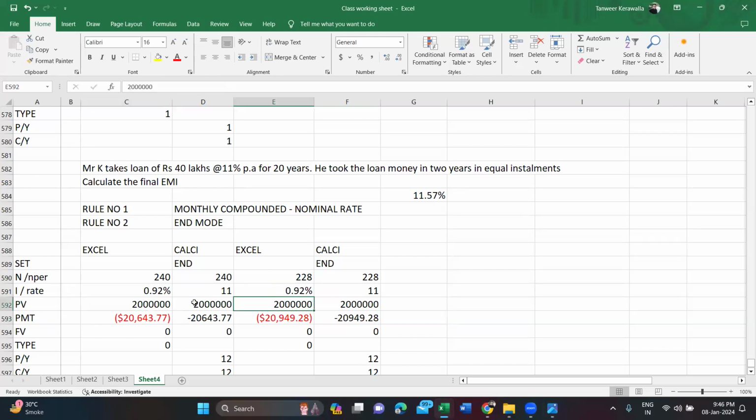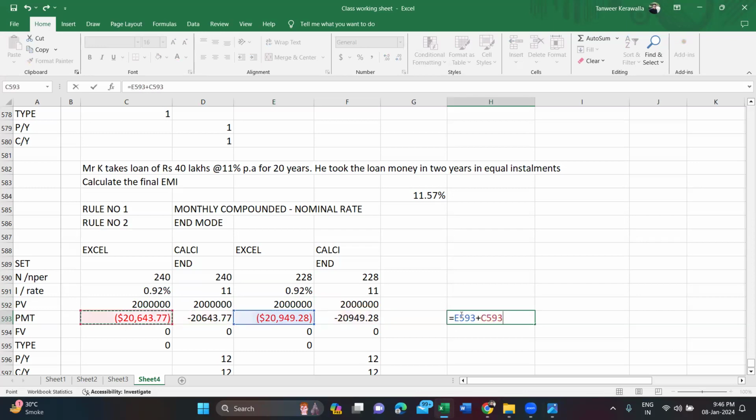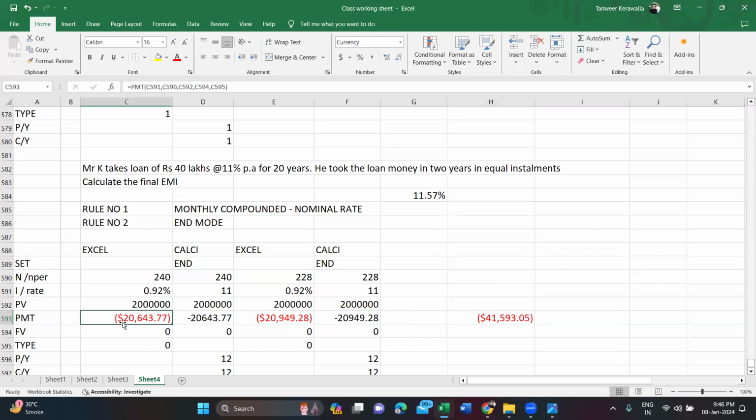So a little more EMI you have to pay for the second installment of the loan. So total 40 lakhs you have taken: 20 lakhs in the first year, 20 lakhs in the second year. For that, a combined EMI you have to pay is 41,593 rupees from the second year onwards. First year you only pay this much, because only 20 lakhs you have taken. In the next year you take 20 lakhs more, so you have to pay this plus this, 41,593, from the second year onwards till the 20th year. You have to pay 41,593 rupees as your EMI. That's your final EMI. That means after the second installment you take, how much EMI you have to pay every month? Sorry,